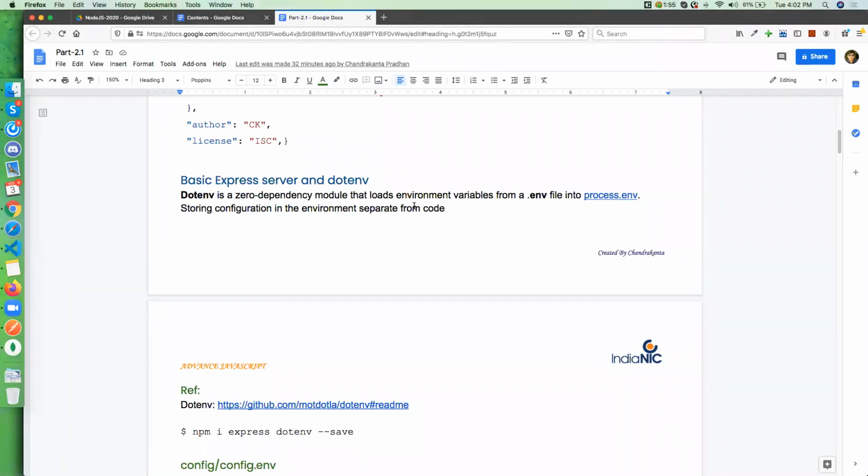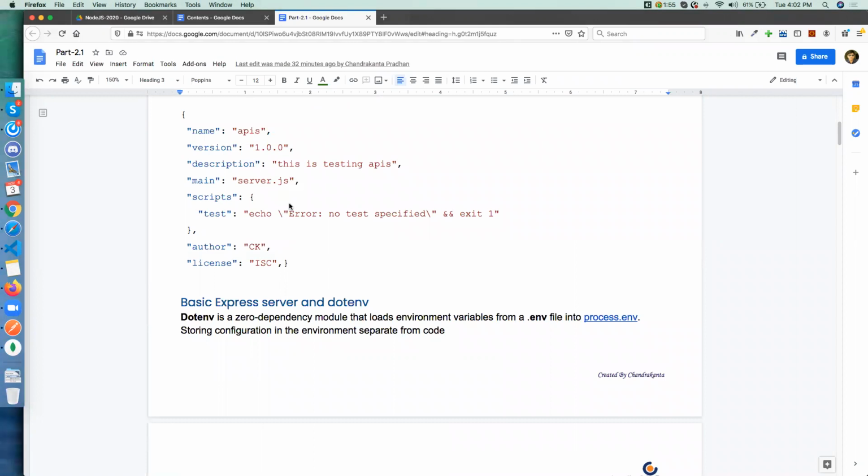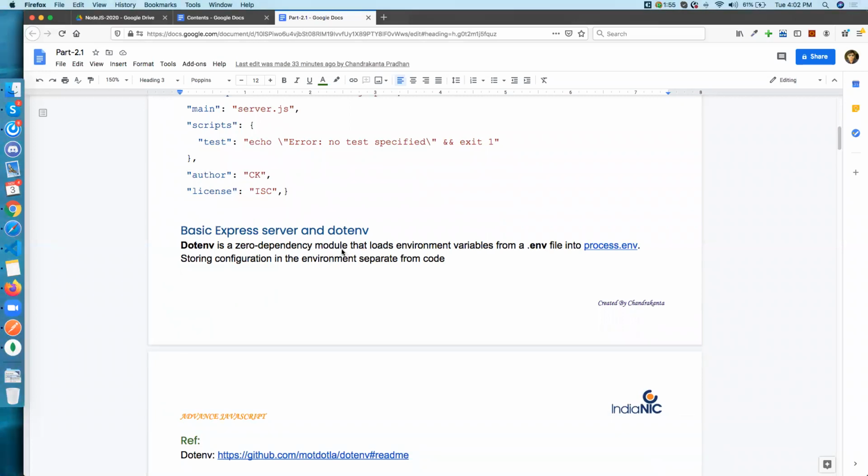So yesterday we started creating an API. It was our first class of API creation. The first package we installed is Express. Instead of using the HTTP module, we are going to use Express to create the API because it is easier than the HTTP module. And we also used one new module yesterday, the dotenv file,